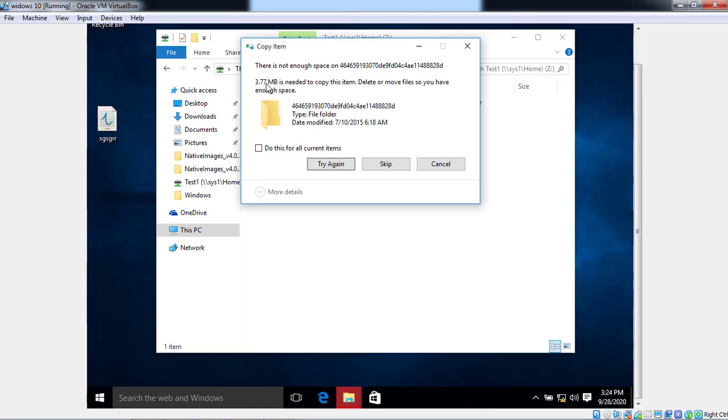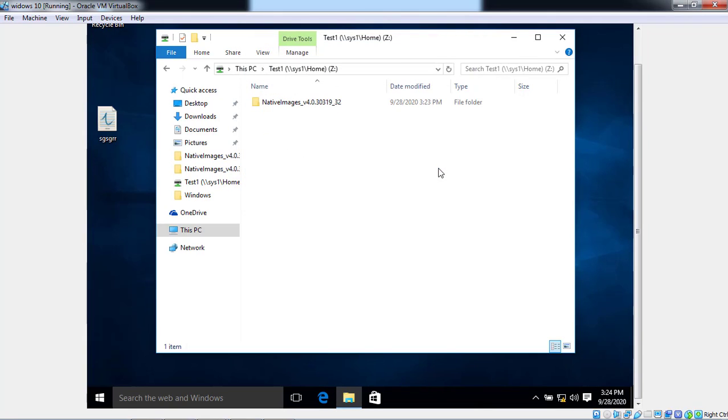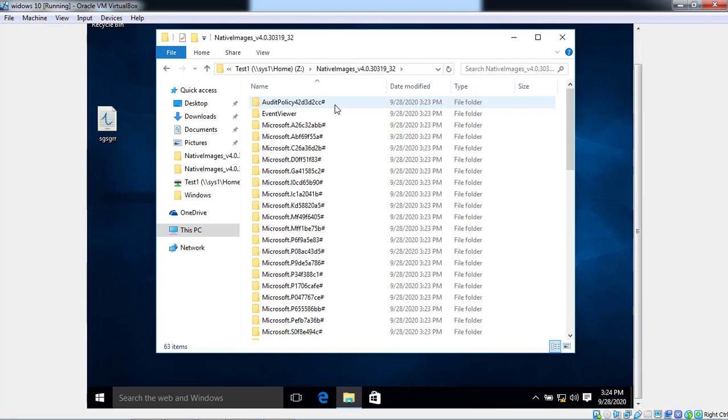You can see 3.77 MB is needed, because we have given 100 MB permission, so there is not enough space in this folder to perform the copy, but it copies approximately 97 to 100 MB of data here.